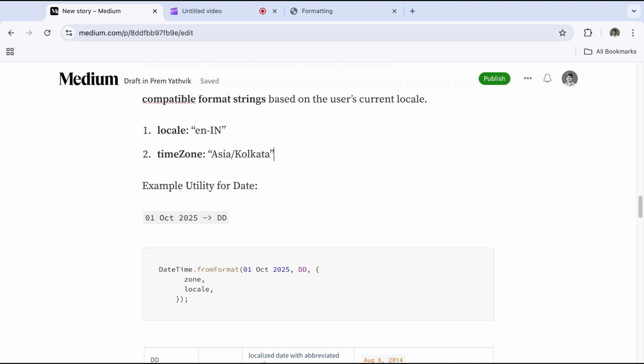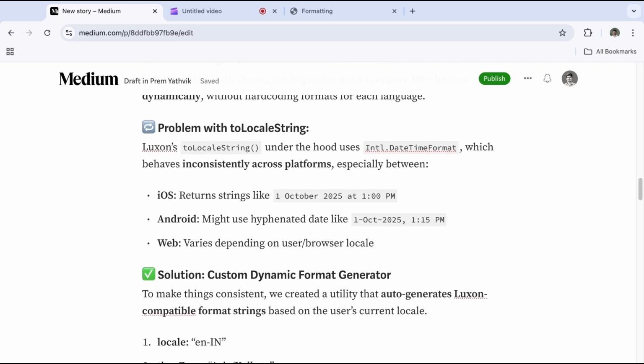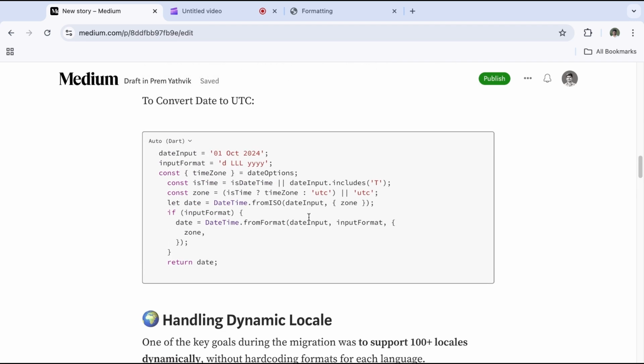How can we do a dynamic thing? Initially we have given a format. See here, initially we can give an input format that should be static. Here we are going to give a dynamic one. So instead of this input format, try to do